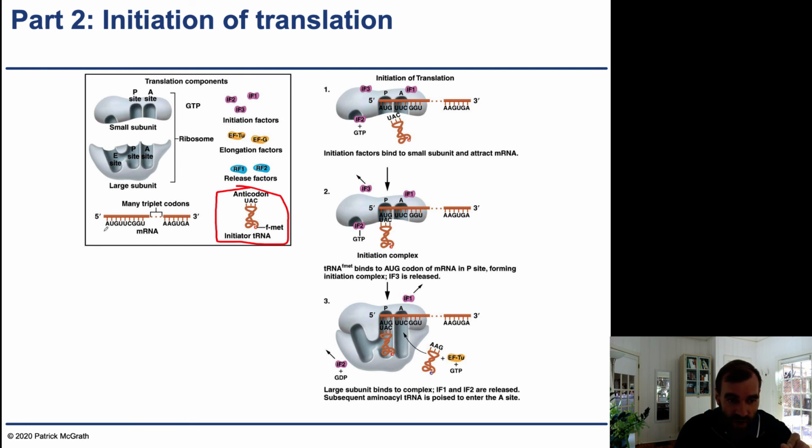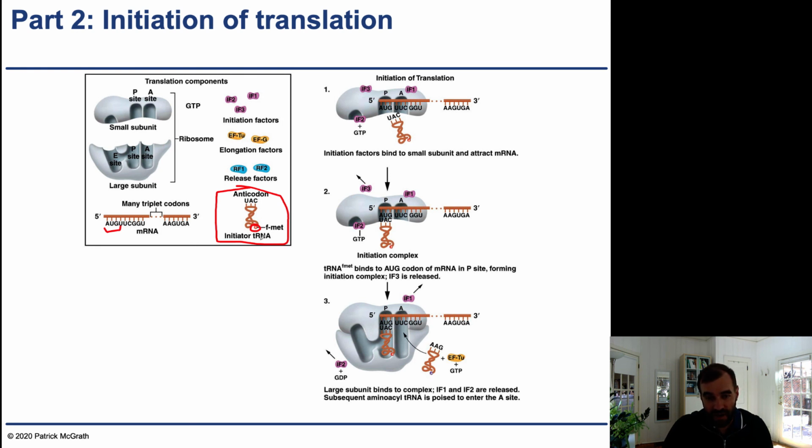So this mRNA has to have an AUG that indicates the start, and this anticodon must bind in an anti-parallel direction with the AUG. Again, this tRNA has this modified methionine. At least in bacteria, the first amino acid that gets added to a polypeptide is always this